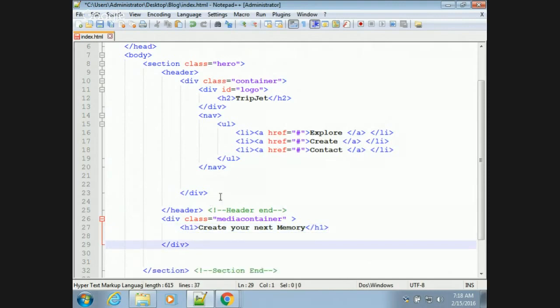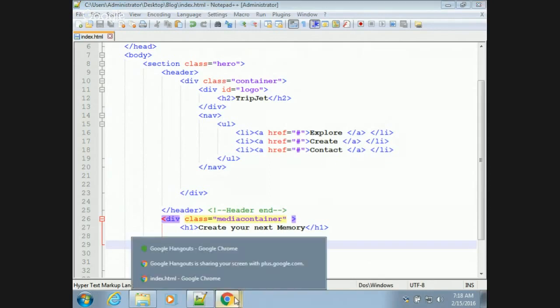Next we will create another div which is useful for, just look at our